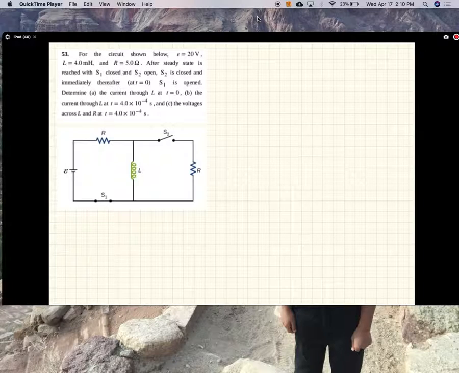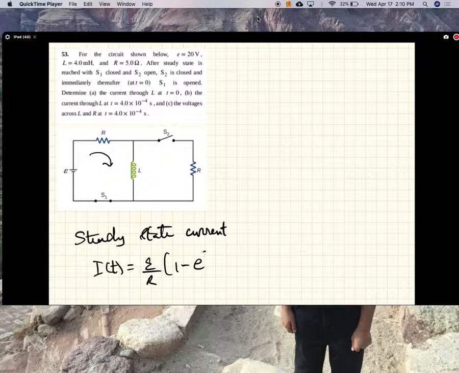So what is it that we're trying to calculate? Current at 0 and then a current at a time. I have to read this again. Circuit after steady state, which is immediately thereafter. Determine the current through L at t equal to 0. So the steady state current. Okay, so the steady state current is, in this expression,